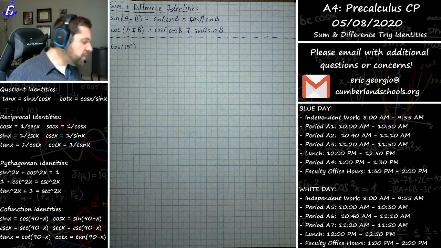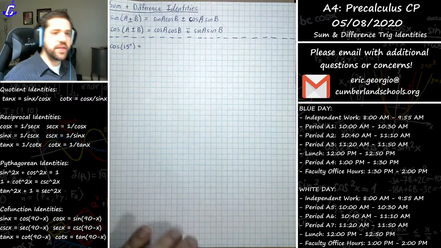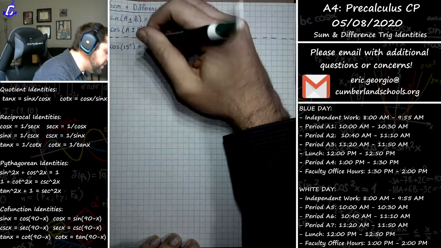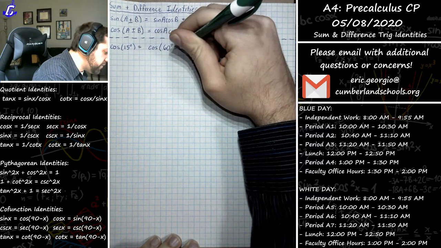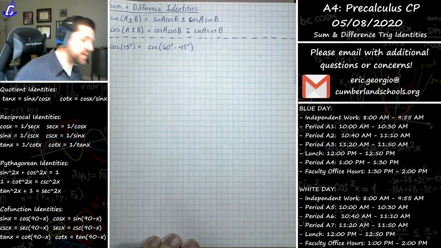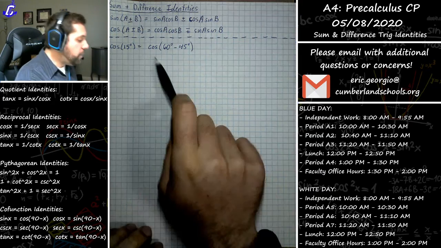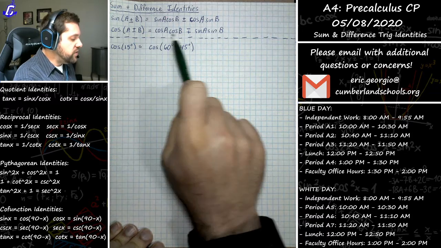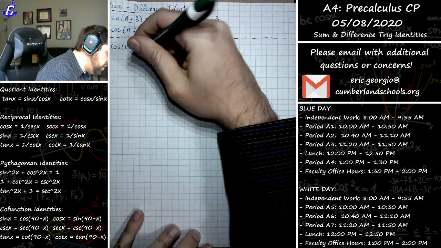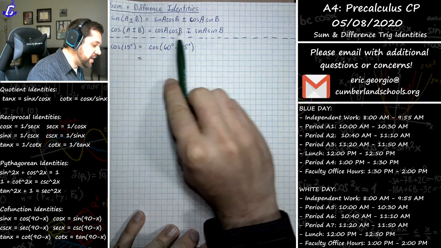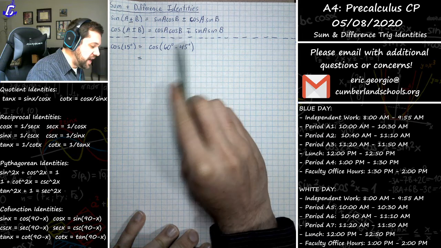However, with our knowledge of sum and difference identities, you could say, well, the cosine of 15 degrees, isn't that really the same as the cosine of 60 degrees minus 45 degrees? Because 60 minus 45 is 15, right? That makes a lot of sense. And now because we wrote it that way, we can use our cosine sum and difference identity: cosine A cosine B, plus because this is a minus here, sine A sine B.